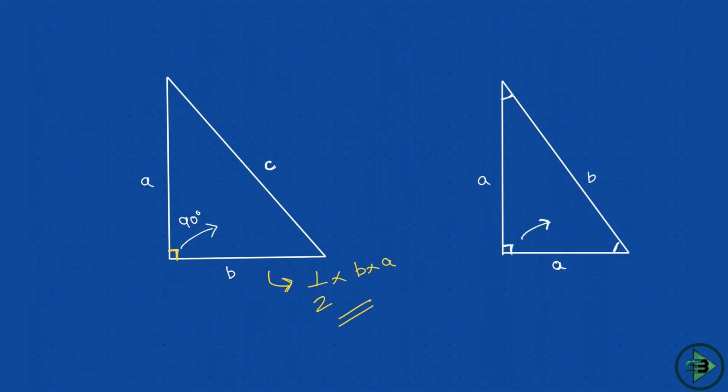So you will say again the area of the triangle is half into base into height, so half into A, because this is also A, this is also A. It's a right angle triangle, but it's isosceles. So this becomes A square upon 2. A square upon 2 becomes the area of this isosceles right angle triangle.